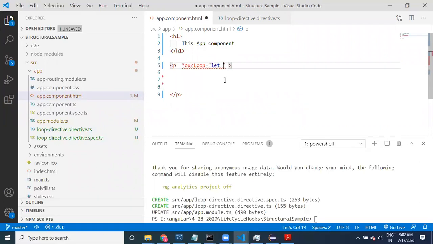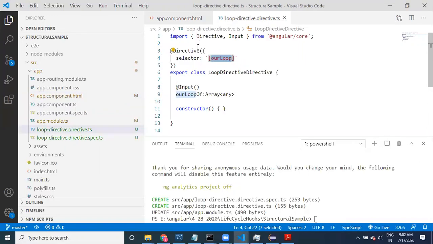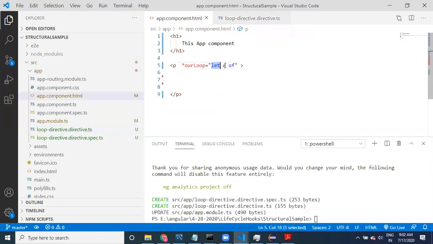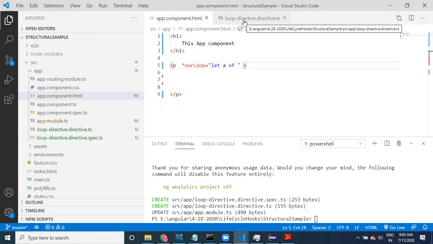Let a of, okay, star our loop, let a of. This is going to be something like what? Let a of.